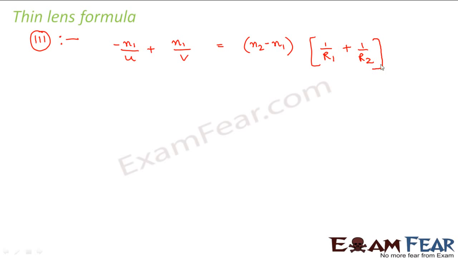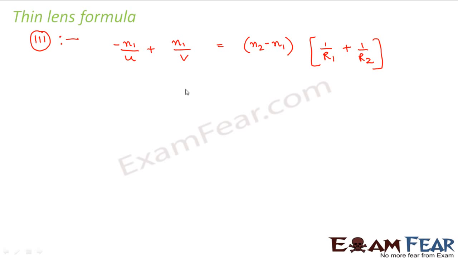There is another formula which is known as the thin lens formula. Actually, the equation 3 which we obtained is the general equation. What was equation 3? That was nothing but the combination of the two equations which we obtained for the two spherical surfaces. So this equation was the most general equation which described the refraction by a lens, right? From this equation we derived, considering certain special cases, the lens maker formula.